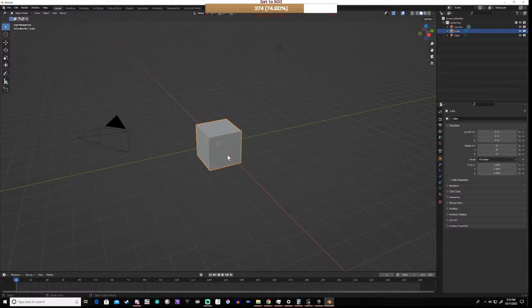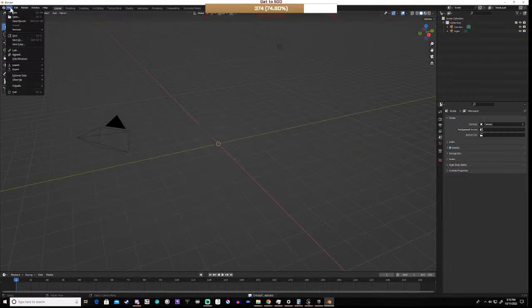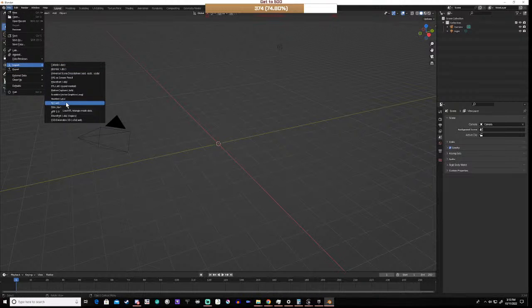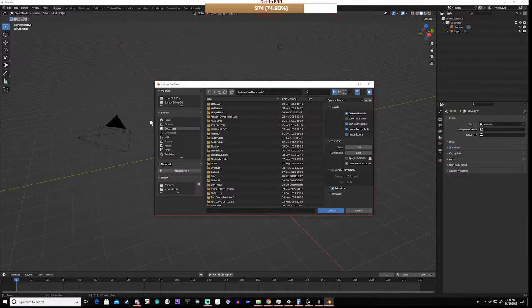Go to there. We'll delete that. Then we'll import FBX. Then we're going to D drive,